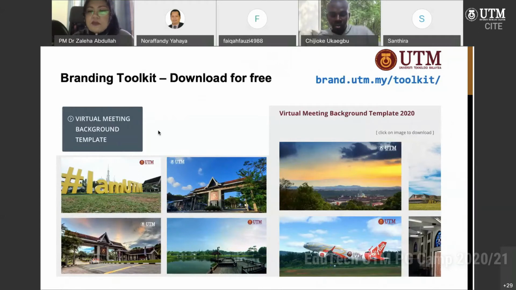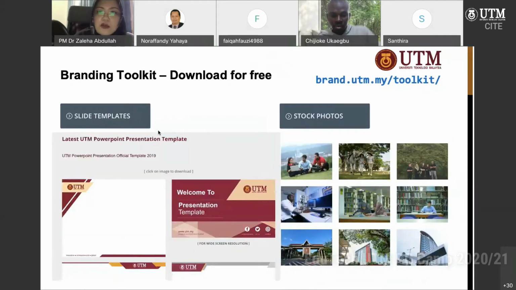So I believe some of you are aware of this already, but for those who are new to it, feel free to explore. More features: we have slide templates. I'm aware that most of you have to present papers in conferences. You need to publish your paper, for example.